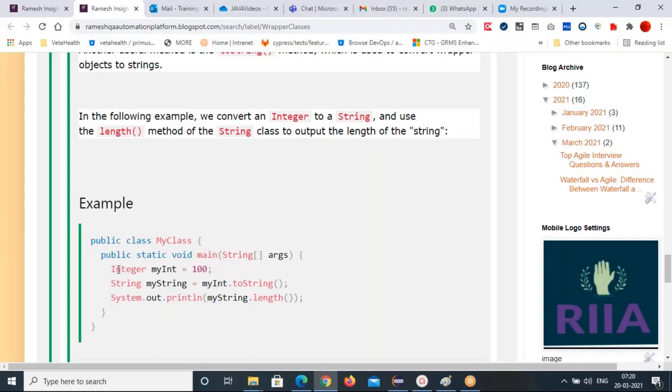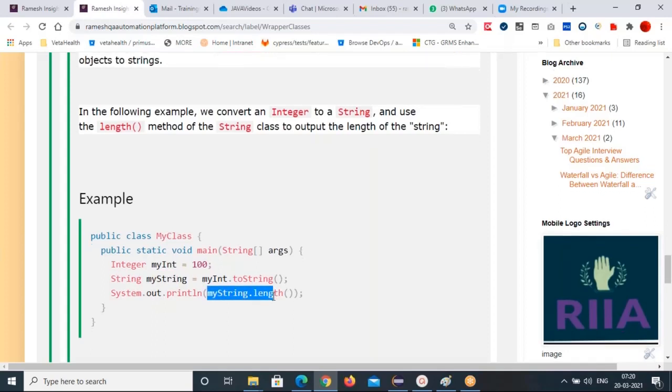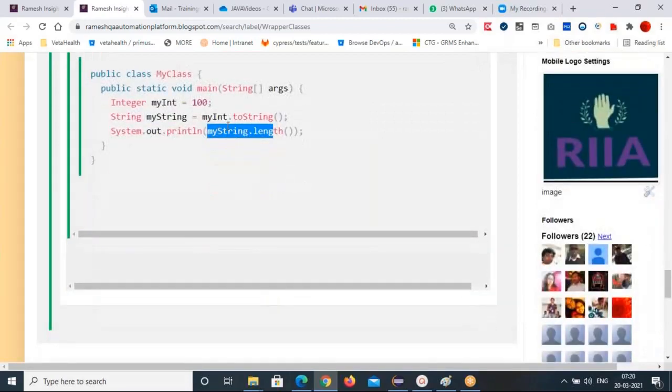You can see here, Integer wrapper object myInt equal to 100. Now I'm converting this myInt object into string format. How am I doing it? I'm calling the toString method. This toString returns a String type of data, and myString.length() will give you a 3 as the answer.